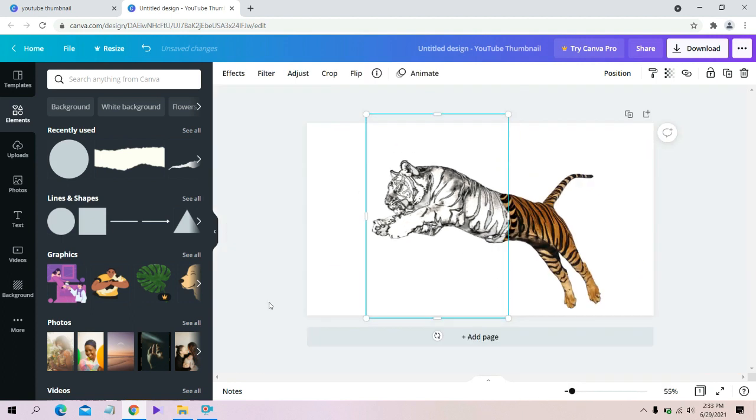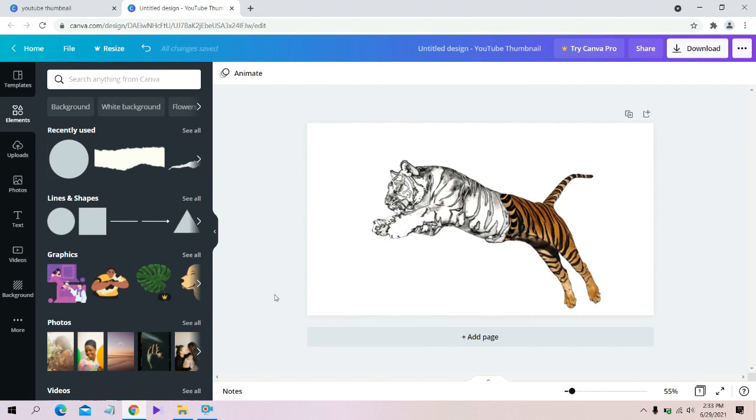So let's zoom it, and as you can see, this effect is done, and I hope you find it quite useful.